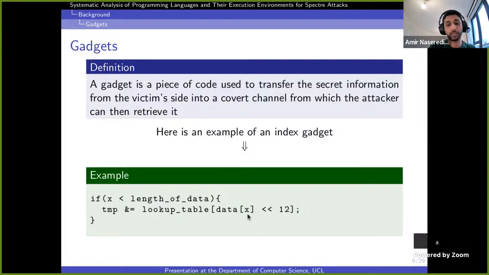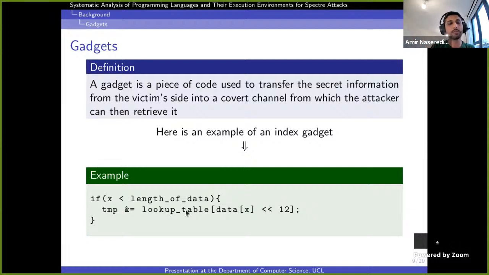But what if x is greater than the length of data? We don't have any check on x, we're running it, and suddenly we go beyond the length of data and access some other part of the victim's memory. We load some information into the lookup table, and the lookup table entry at that index is now inside the cache.